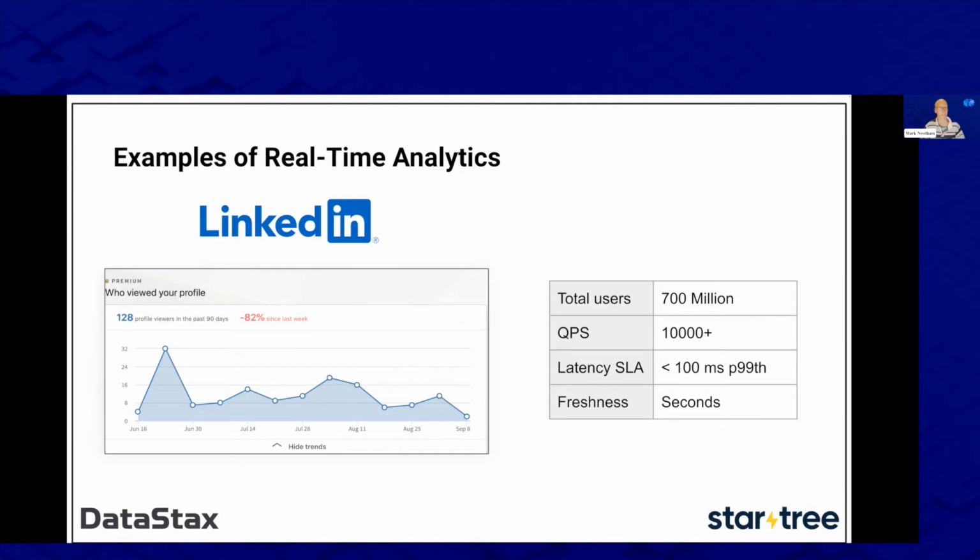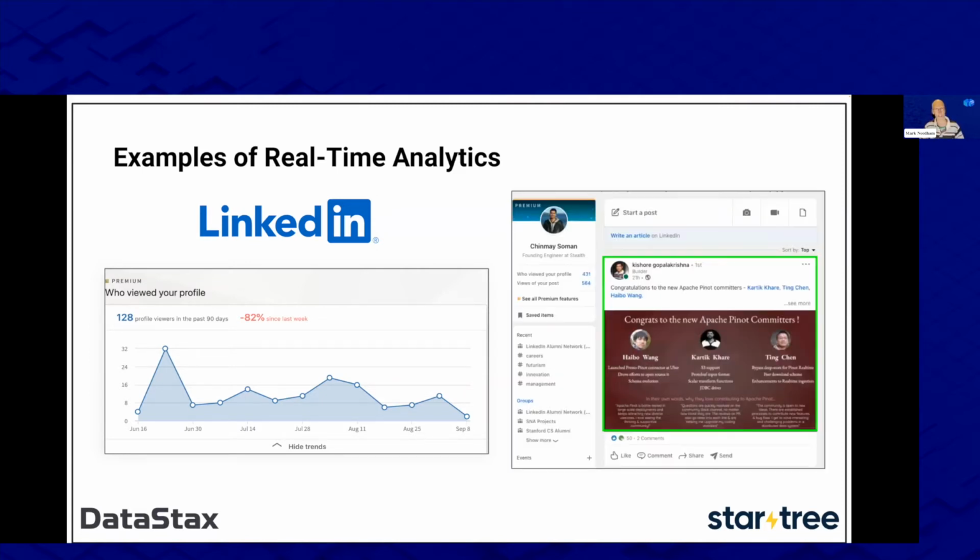LinkedIn is a good example of this. Like the who viewed your profile chart or graph. Here it's showing who's been looking at your profile, basically up to now. So if I went and looked at someone's profile, they'd be able to see straight away that I'd seen it. And then it does some sort of abstraction on top of that, right? If you're paying for LinkedIn Premium, they're like, here you can see all the names of the people who viewed it, and if you're not, then you can only see some of them. And this is a user-facing analytics application, so it's operating at very high scale.